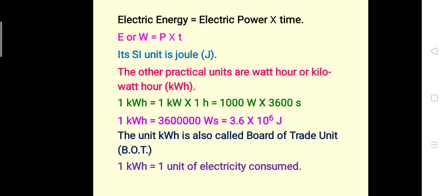Just see the electric meters at your home and this word kWh is written there. And at home, how much electricity is consumed in 1 month, we count it in units. We call it a unit. How many units are consumed? So 1 unit means 1 kilowatt hour, means 3.6 into 10 raised to power 6 joule.